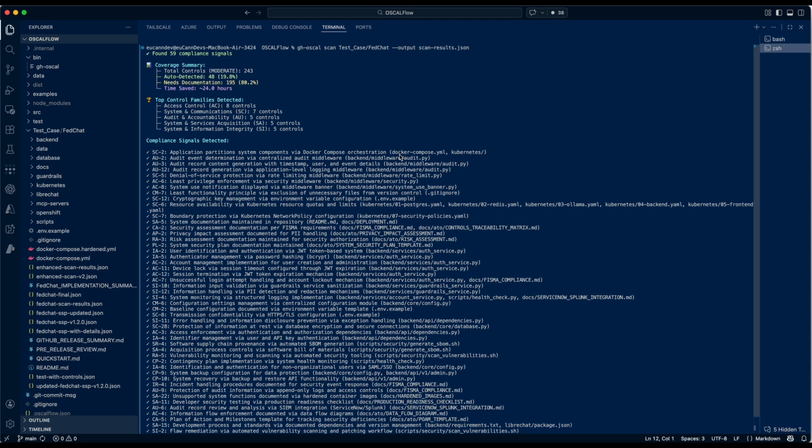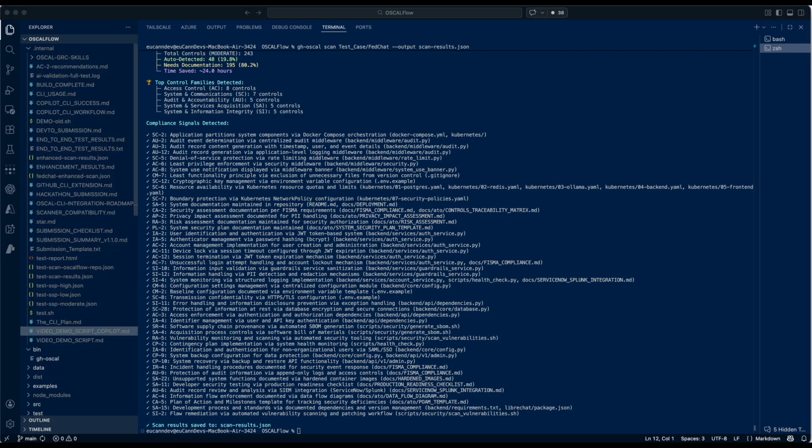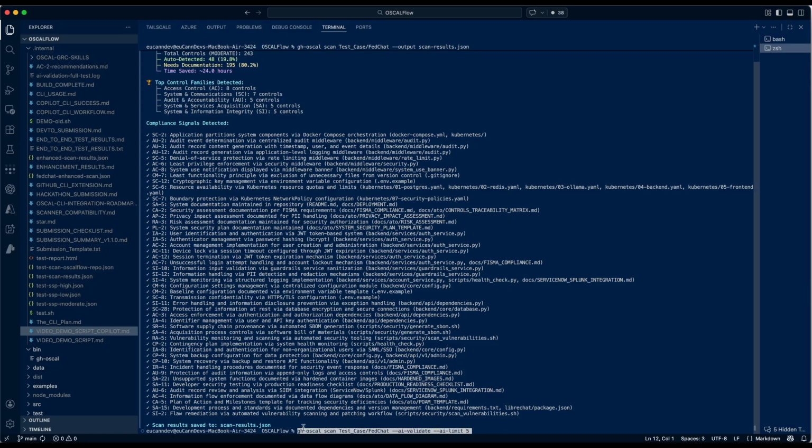So what this command did is it scans our repo and it looks for any files that could potentially address security controls. It's pretty cool, I think, at least. And so we can take this a step further by modifying our command just a little bit. So now we're going to copy this command back in. With this command, we're going to scan the test case fedchat, and then it's going to find all of these controls